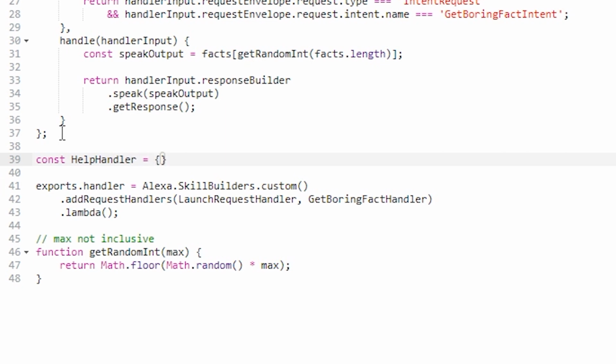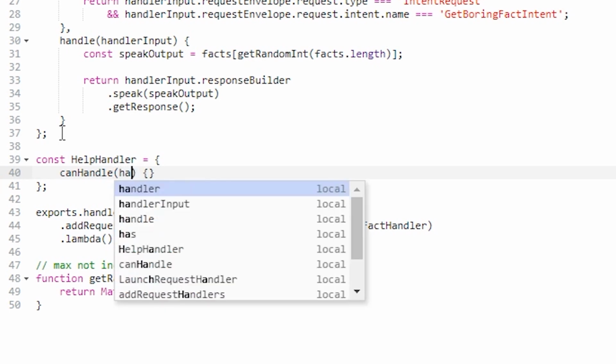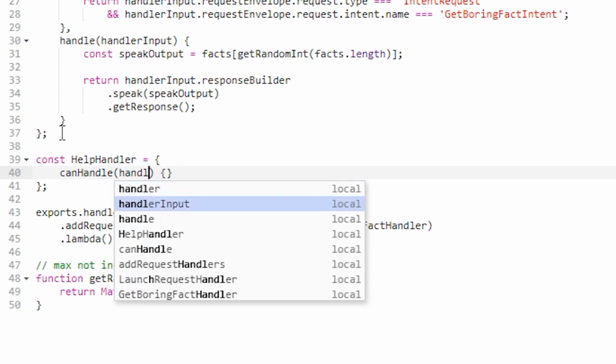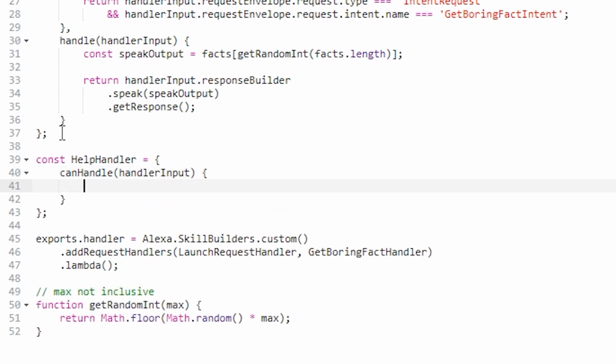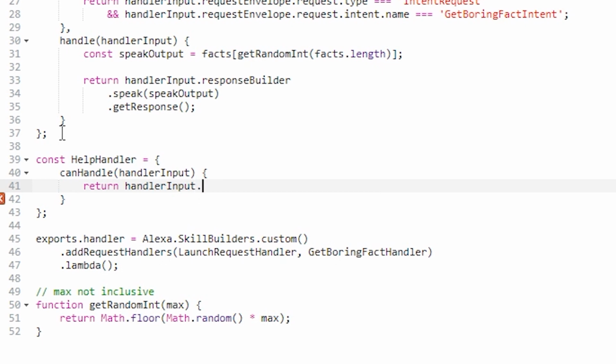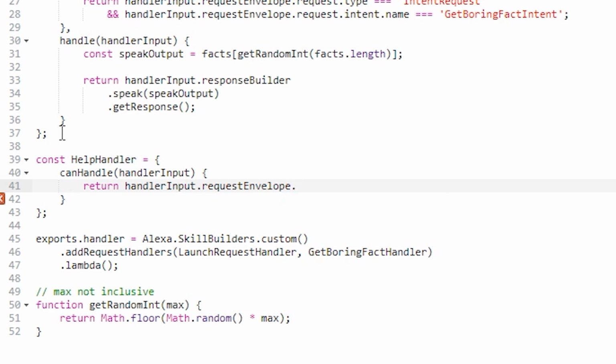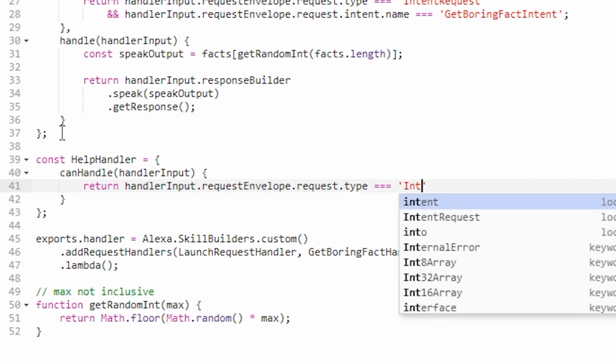It's going to take the same structure. Inside the object, we're going to have our canHandle function with that one parameter. And in here, we also want to check still that it is an intent request. So we need to make sure that we use our handler input, that request envelope, that request, that type, compare it to an intent request,